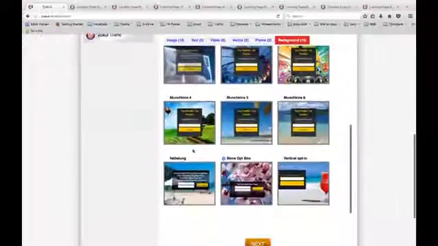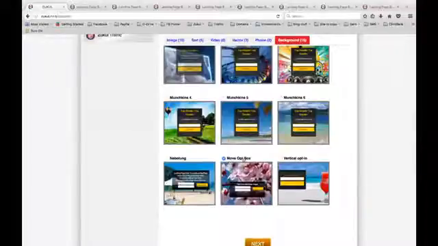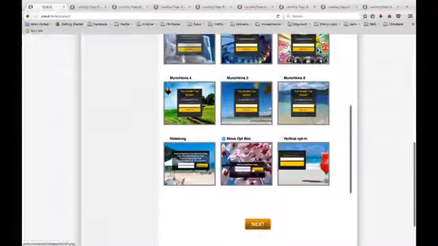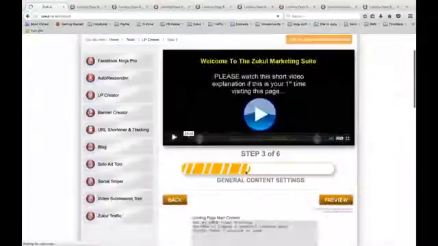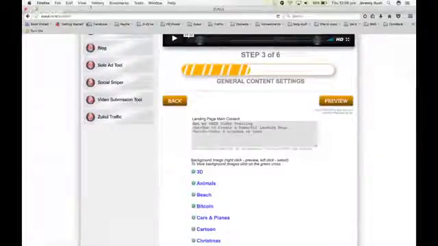The one I've chosen for this example is called the Move Opt box. God knows why it's called that, but it is. So I'm going to click on next, and then if I look at the page,